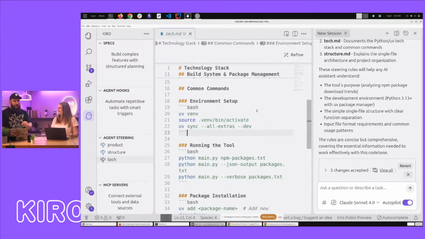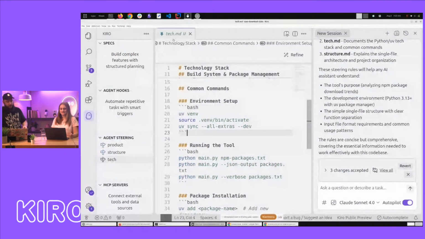One of the steering docs I like to add, and there have actually been a lot of them shared on Discord, so I left the link to the Discord if you want to go join. But one of the things I like to add in my steering docs is a testing.md. That means not testing in a sense, but like, how do you actually run my application? Yeah. How do you do a thing with it? And then basically, if it runs some code, it's going to be able to run this, like, I don't know, cargo test or whatnot. So it knows exactly what it should run to determine is it good or not.